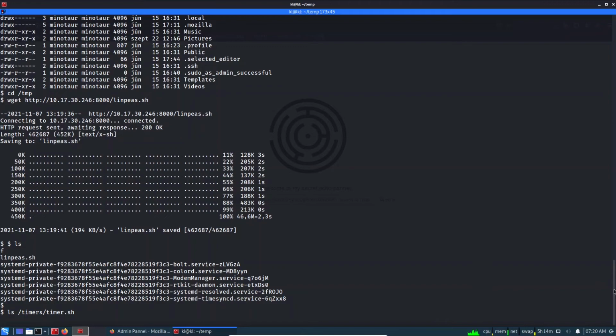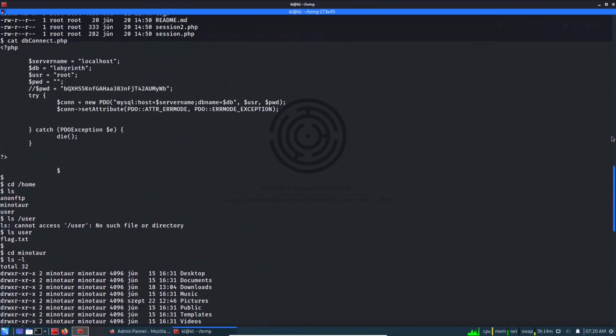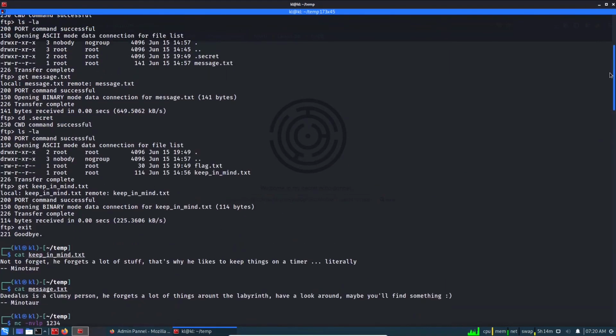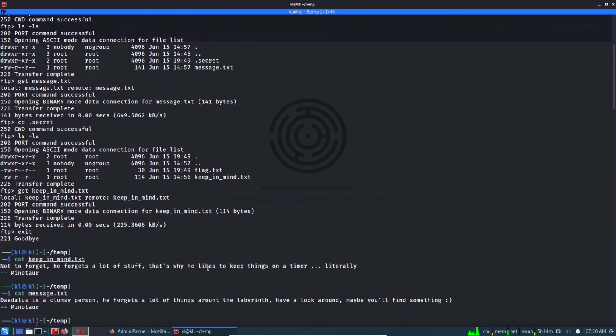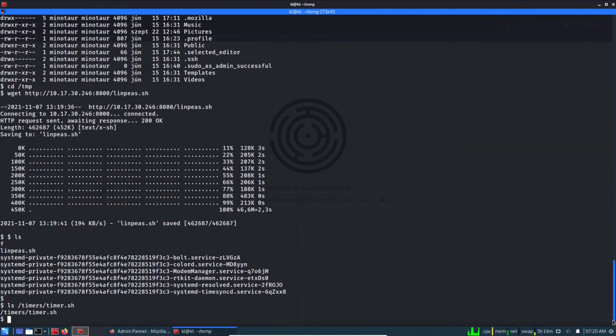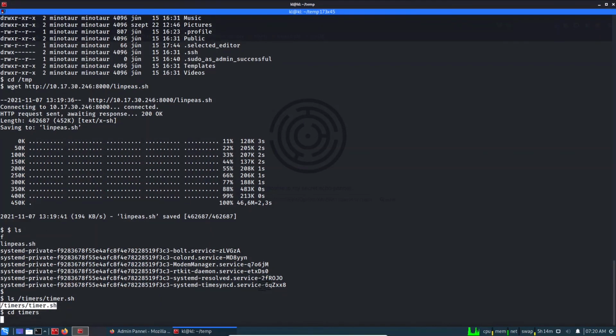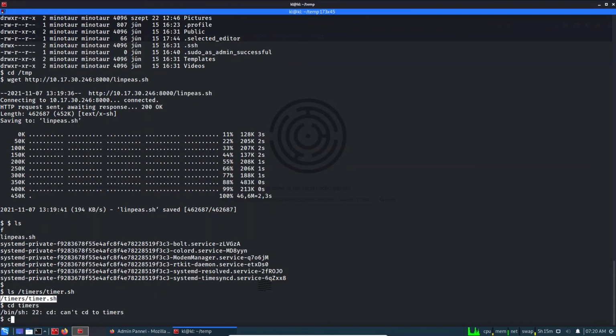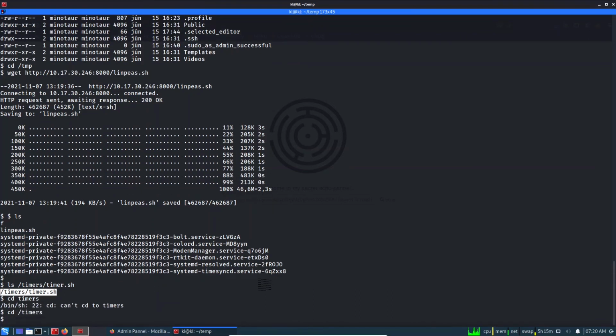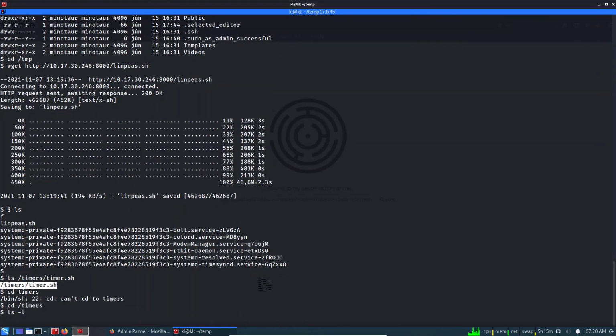And in the previous file or previous hint, this was mentioned, that's why he likes to keep things on a timer. So he has placed a few things in the timers folder, and this is the file. So let's go to the timers directory, cd /timers and ls -l,